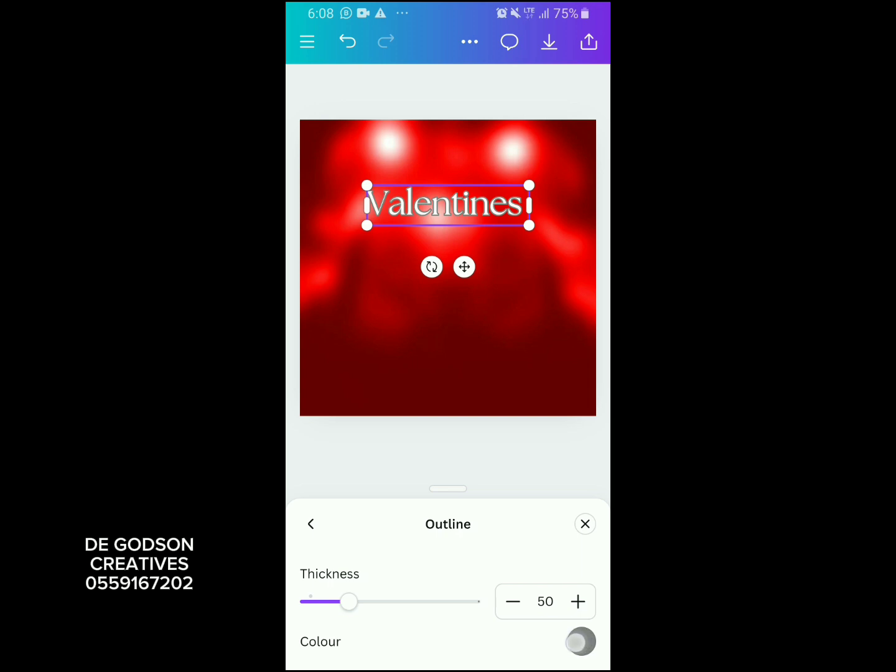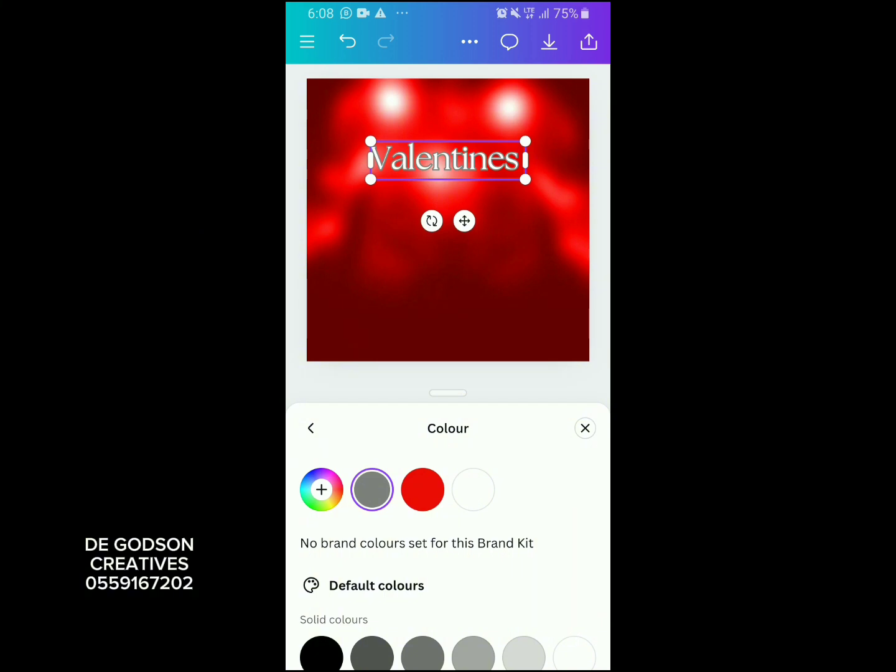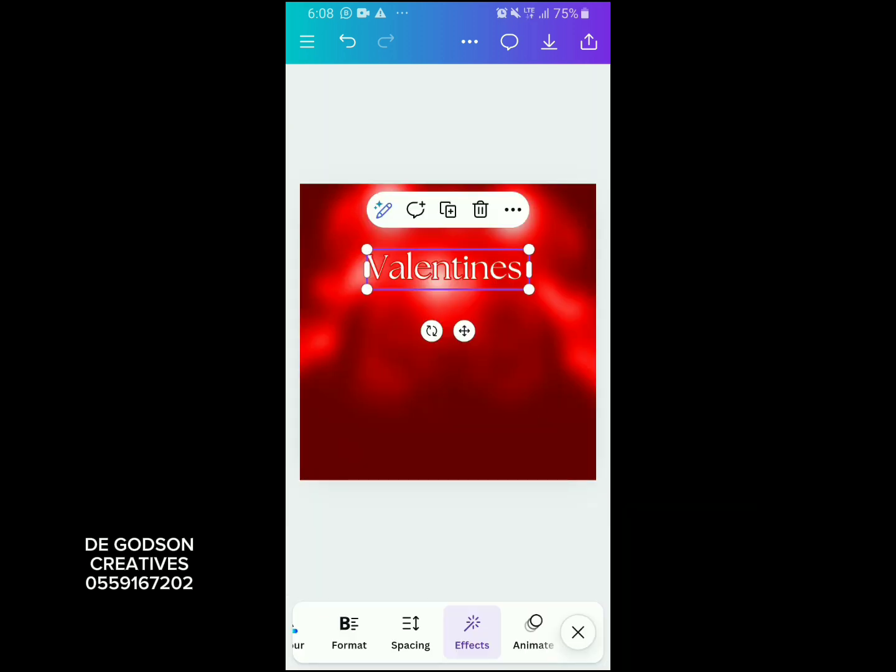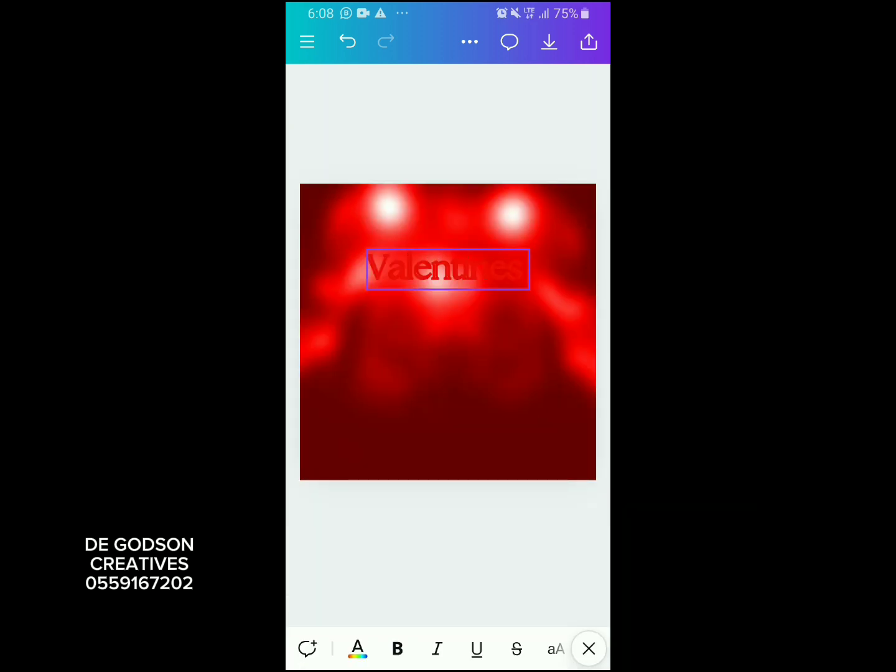You see the color here, right? Tap on it like this, boom. And then we are going to use this red color for it. Use this red color as your outline. Very good. I hope you are following. Now let's close it here. Once it is closed, we are going to position this particular